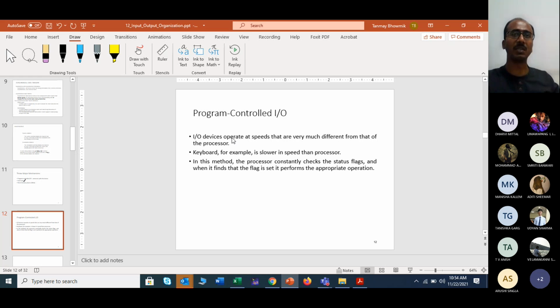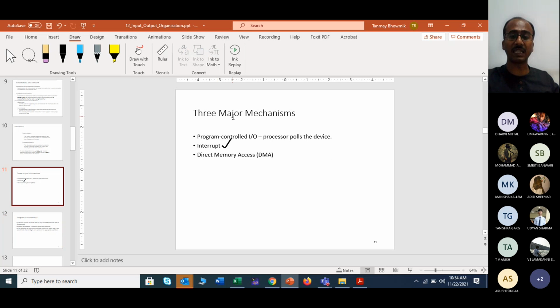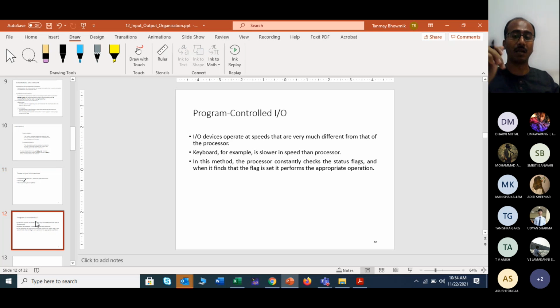In that case, it is termed memory mapped input output or isolated input output. Now, in terms of operation, because we are seeing three major mechanisms, you also have one kind of IO, that is program control input output, right?